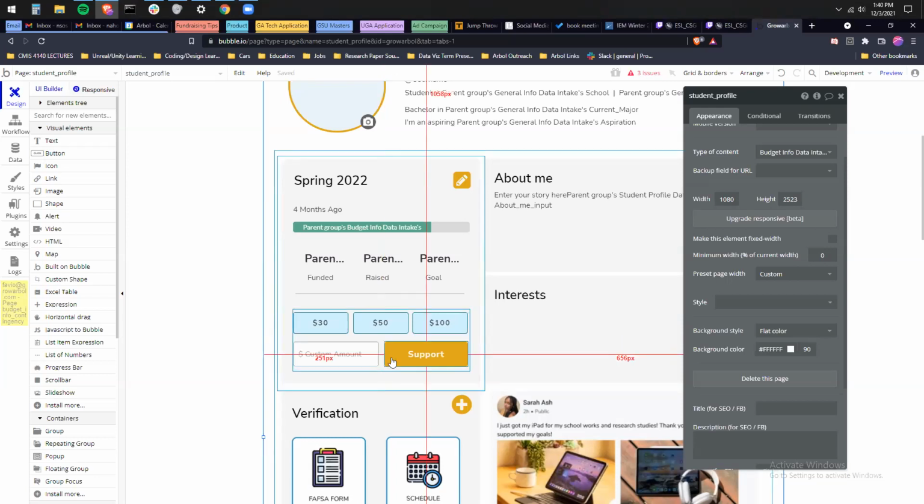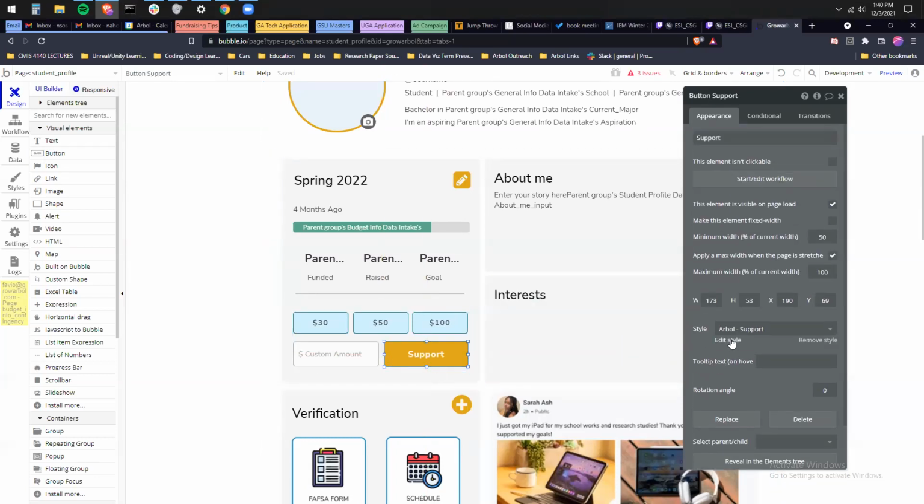So we want to attach the unique links here. And then when the supporter clicks it, it takes them to that Stripe payment link. And then that goes to the Arbol account. And then I guess we pay it out. I don't know how it works. They do all the finance stuff, but.